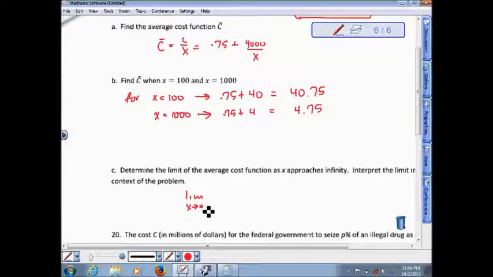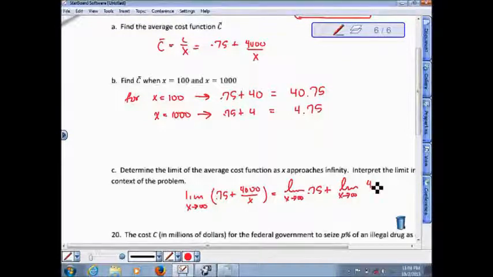So the limit as x approaches infinity of 0.75 plus 4,000 over x. This is equal to the limit as x approaches infinity of 0.75 plus the limit of 4,000 over x. Now the limit of a constant is just that constant. And the limit as x approaches infinity of this, as x continues to get larger and larger, beyond 4,000 to 4 million and 4 trillion, this is going to result in a smaller and smaller fraction, and as x approaches infinity, this fraction approaches 0, so the limit is 0. 0.75 plus 0 is